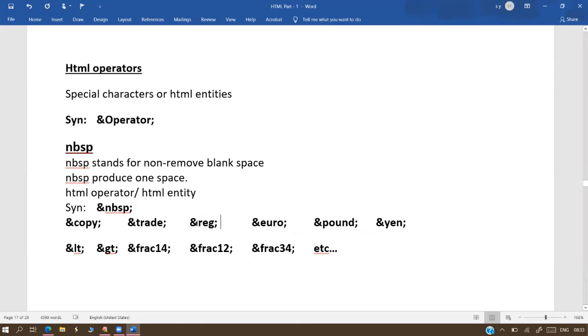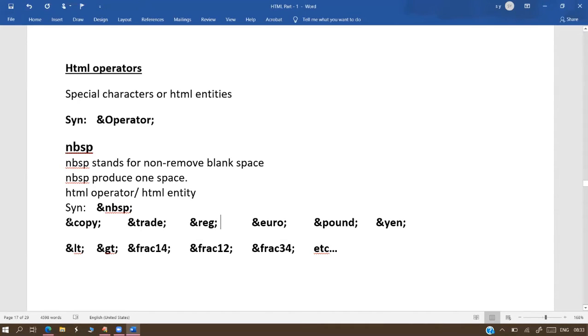Every operator performs some functionality. Some operators print special data on the screen, and some operators internally perform some tasks. Everything is not displayed as output, sir. Some operators are for output purposes, displaying special data directly on the web page. Some are for internal purposes, affecting things internally but not showing externally.